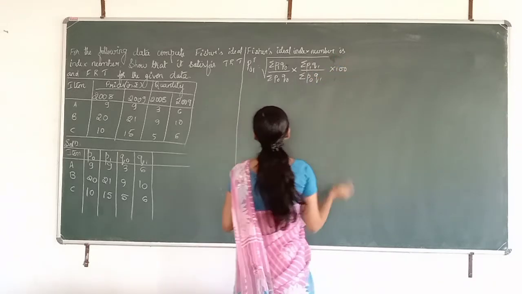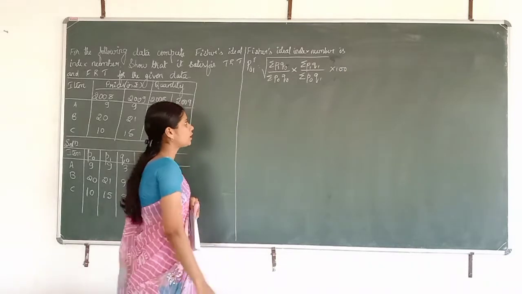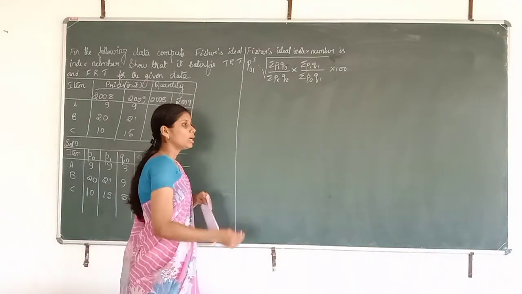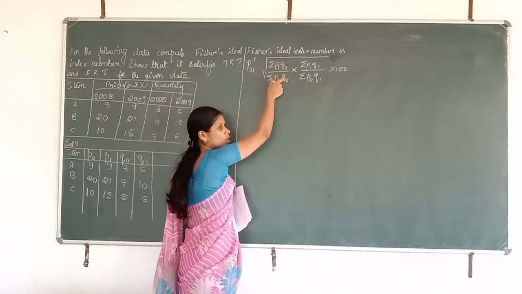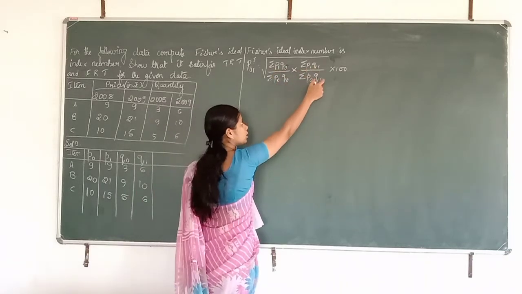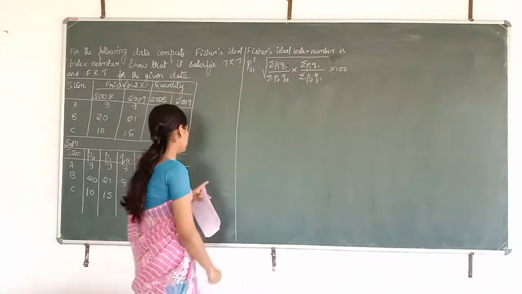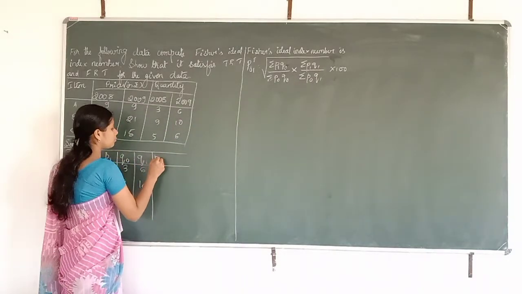So this is Fisher's ideal index number formula. Now we are going to substitute the values. Before substituting the values, we have to find out P1 Q0, P0 Q0, P1 Q1 and P0 Q1. So the next columns will be P1 Q0,